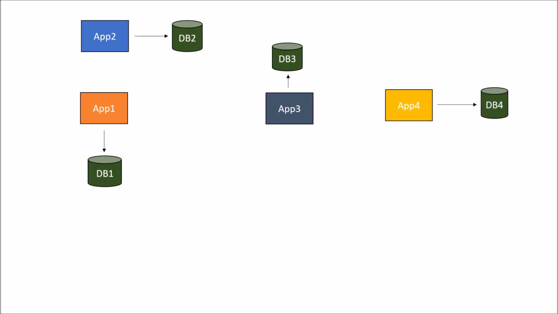Here we have 4 microservices: application 1, application 2, application 3 and application 4, and each of these microservices has a dedicated DB. So we are talking about online purchase of stock. Let's say application 1 is the UI service, application 2 is the stock service, application 3 is the payment service, and application 4 is the feedback service, which tells you whether the purchase of stock was successful or